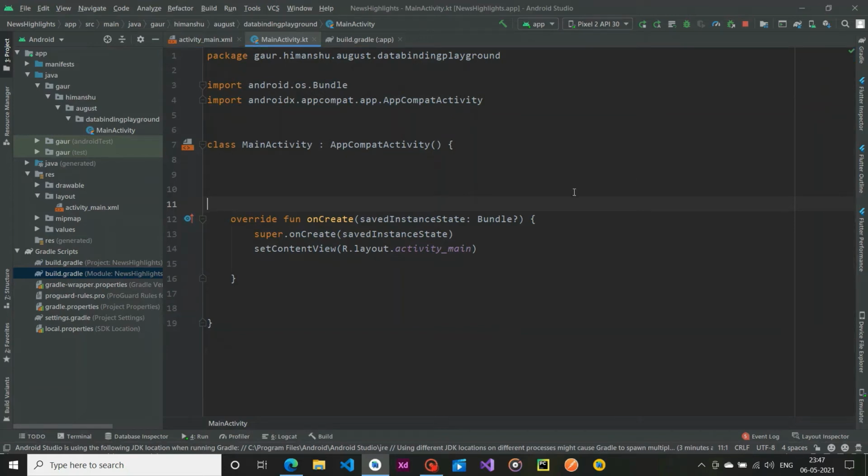Hello everyone, welcome back to a new video, and in this video we are going to start with data binding. So first we are going to create a new project, and then after we are going to enable data binding